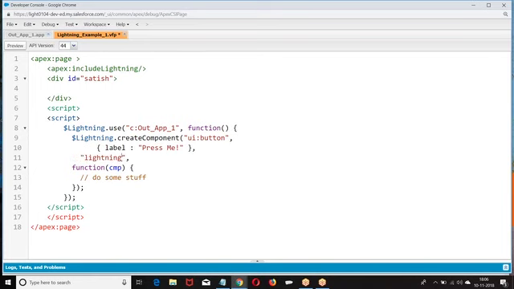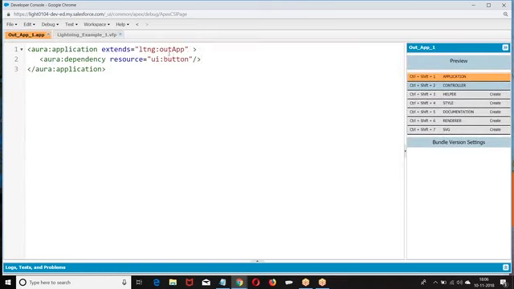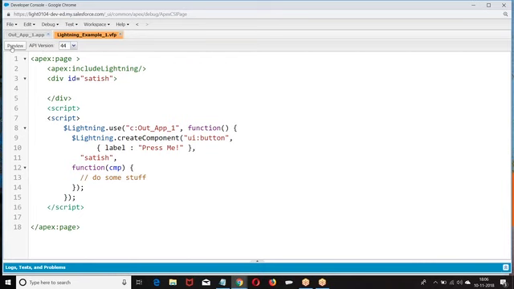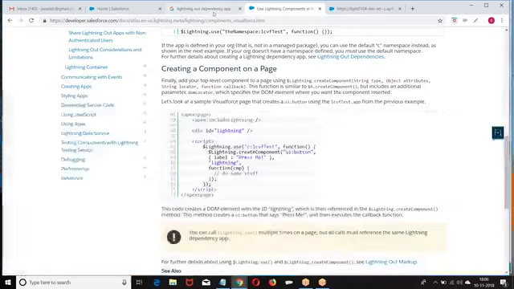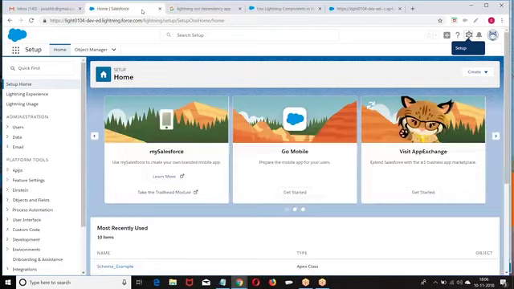I gave a small component with ID Satish, and one script. Let me cross check whether global was given in the application. That leads to one of the errors. It should be global before I make it live. That's the page.